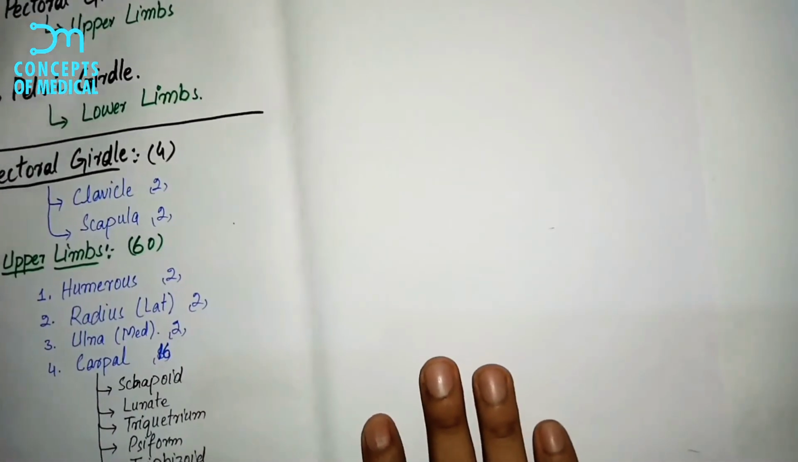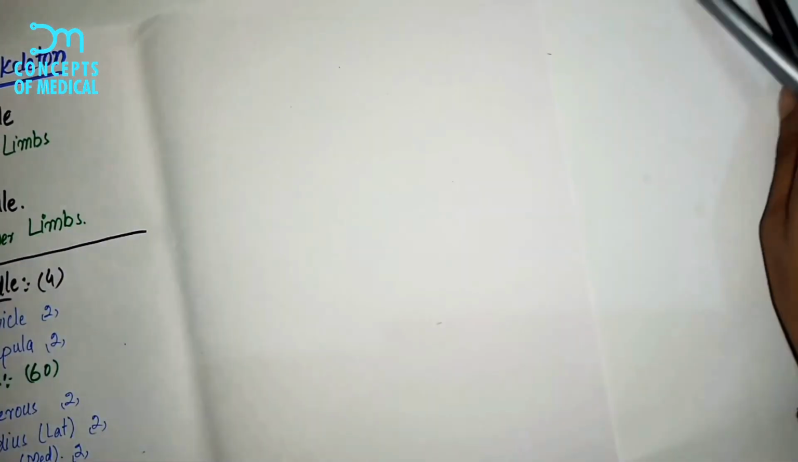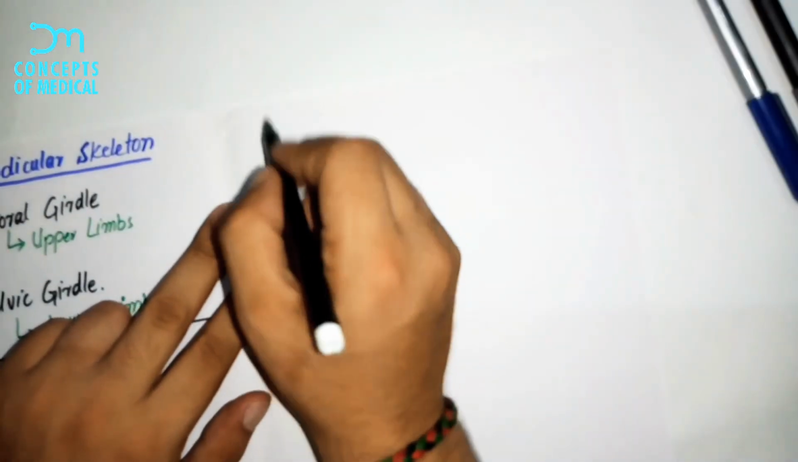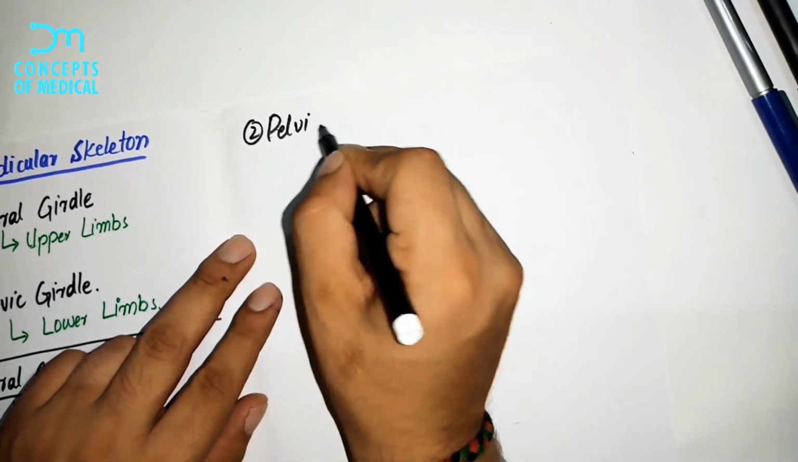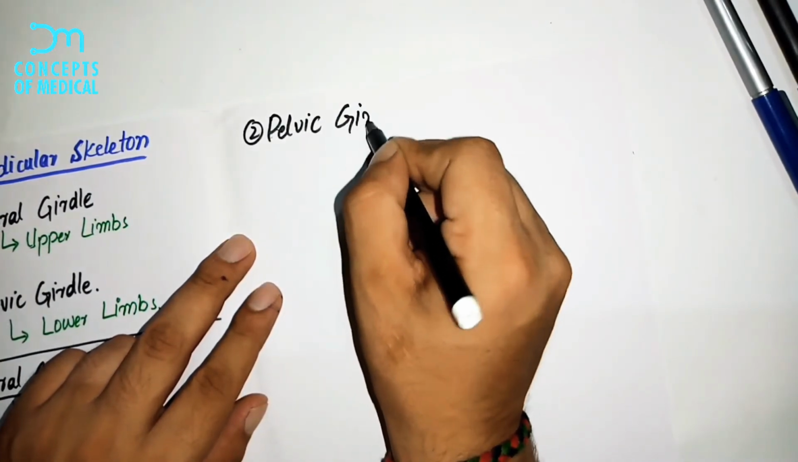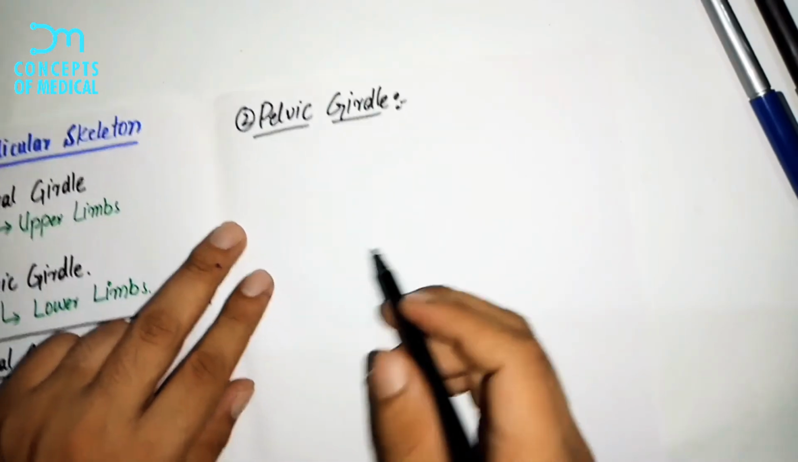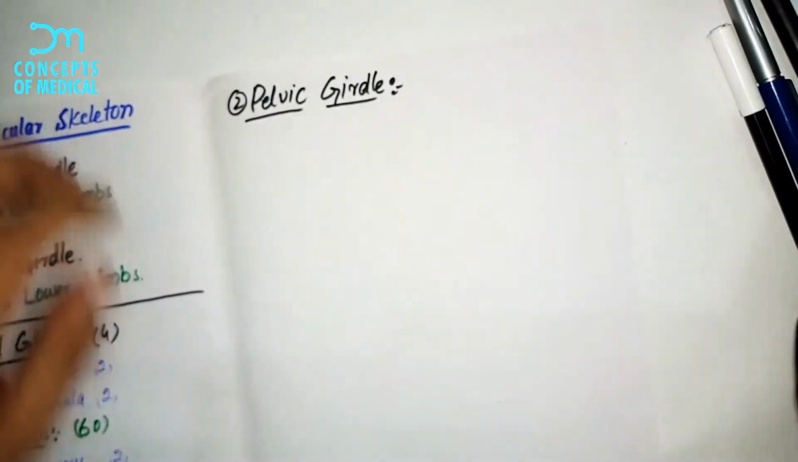And now we will talk about the pelvic girdles, how many bones we have in the pelvic girdles and what are their names, and how many bones we have in the lower limbs. So here we have the pelvic girdle, right? The pelvic girdle actually consists of